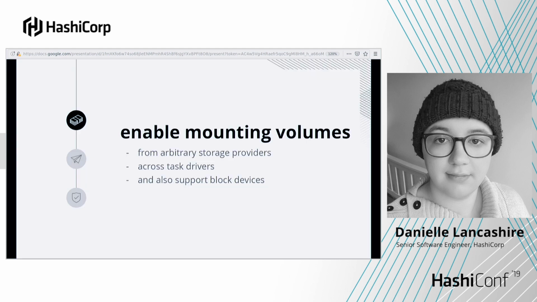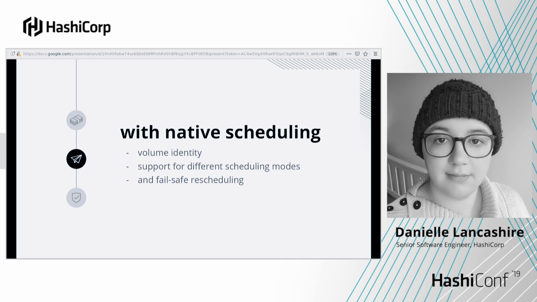So what we actually wanted to be able to do is enable mounting volumes from arbitrary storage providers across all of our task drivers, and also add support for mounting block devices as opposed to just file storage. And we wanted this to have native scheduling integration with Nomad. So volumes should have identity. We should have support for different scheduling modes, single node mounting as well as multi-node mounting where possible. And also to have a way of handling failure in the scheduling layer in a way that is